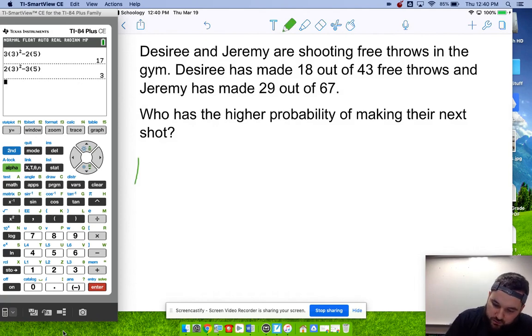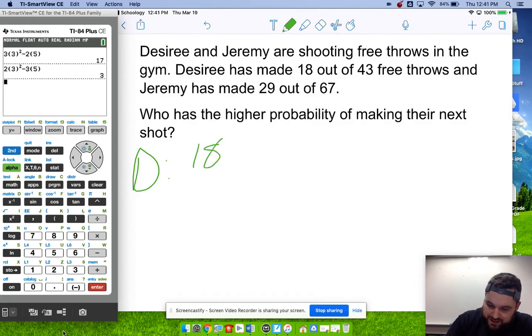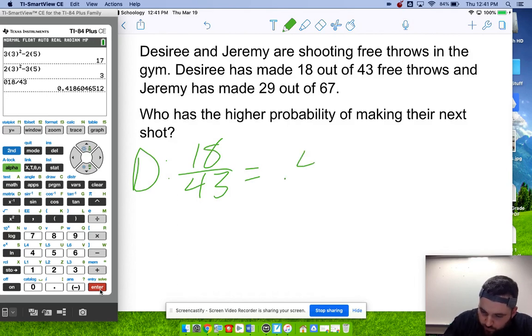So for Desiree, again, remember, with probability, it's between 0 and 1. The numerator is how many successful attempts, and the denominator is how many total attempts. The top number should always be smaller. If the top number is bigger than the bottom number, then you have over 100% probability, and it's not possible. So she has 18 out of 43, which as a decimal is 0.418 or about